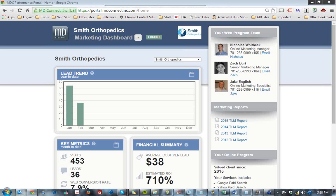And then we're making a couple of assumptions that will be custom to ADPI of a lead to appointment rate and then an appointment to procedure rate. So in this particular example, we're saying on average a lead converts to an appointment 35% of the time and an appointment converts to a procedure 40% of the time. And then it's calculating the revenue number that you see down here based off of these numbers, so $1,800 per procedure